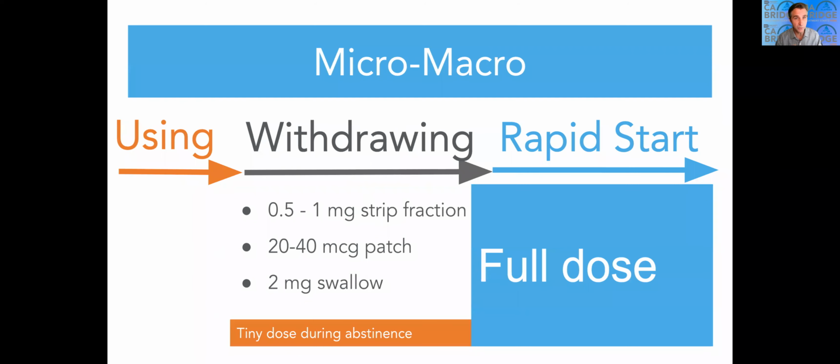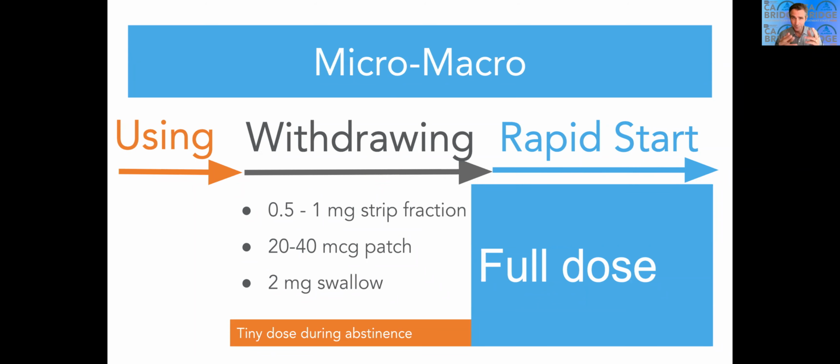And then I say, stop using, use the Butrans patch to support you during your abstinent phase. Drag that on as long as you can. If you can get out to 12 hours or 24 hours, the better. Just really try to drag that out. If you don't have Butrans, you can swallow a 2 milligram tablet. You get about 10% of the IV or about 1/3 of the sublingual dosage if you just swallow it. You do that every 3 to 4 hours as you're going through abstinence. Don't be tempted to go up. Just let it go. Let it all wash out.